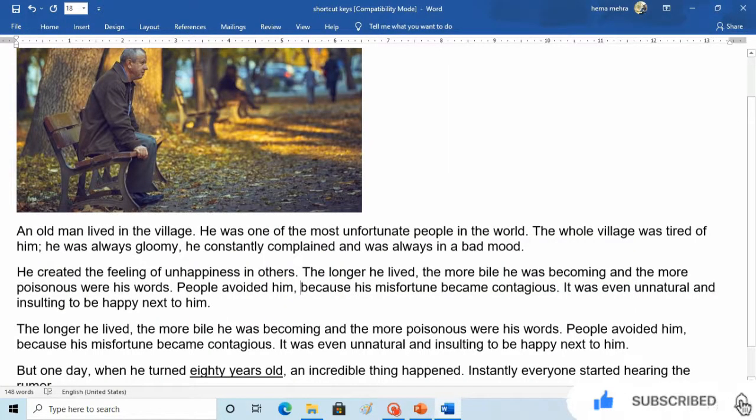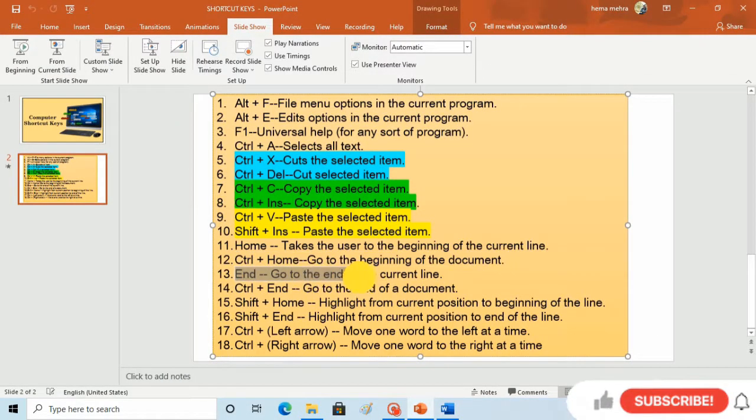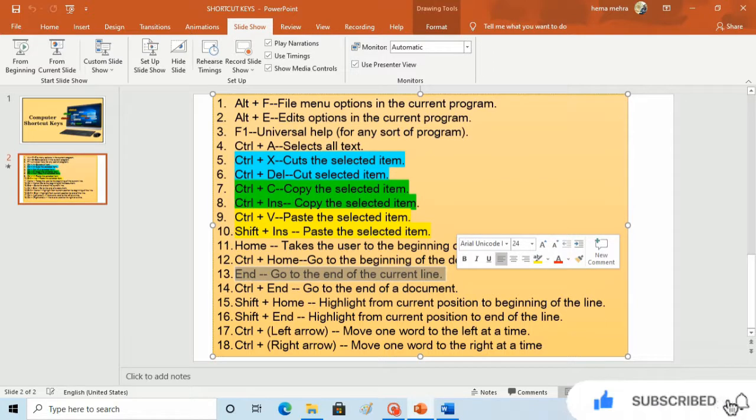So the Control plus Home key will help us bring our cursor to the first line or the first word of the document. Next is the End key. The End key goes to the end of the current line.